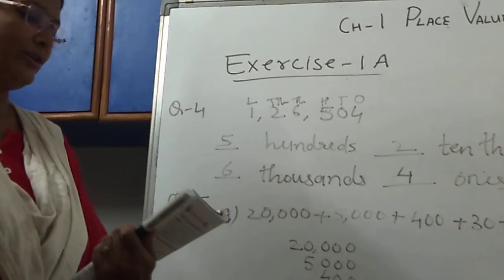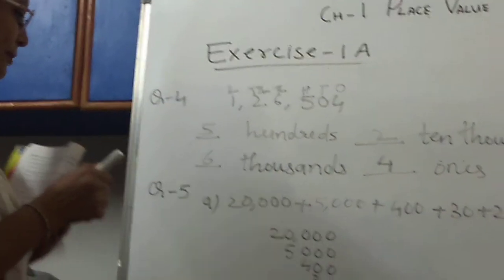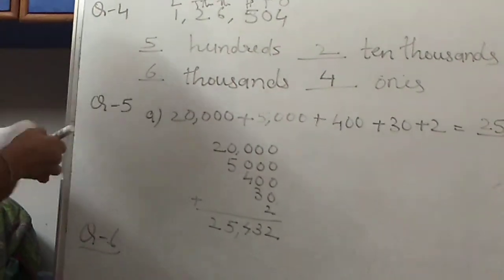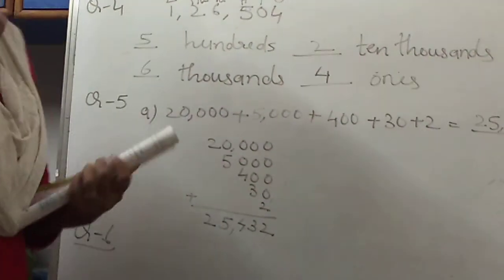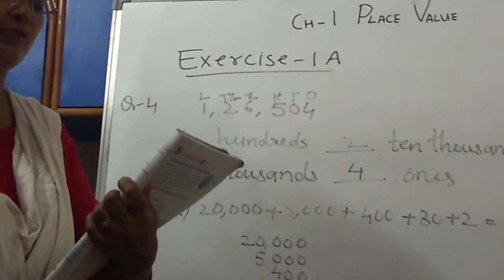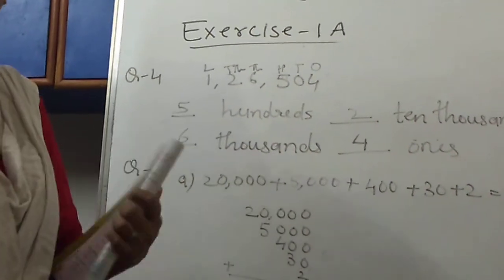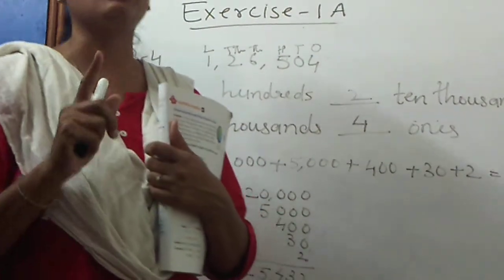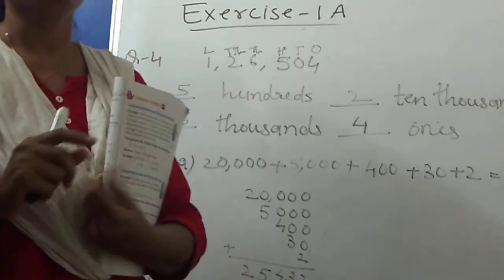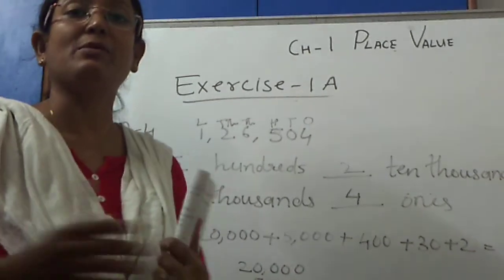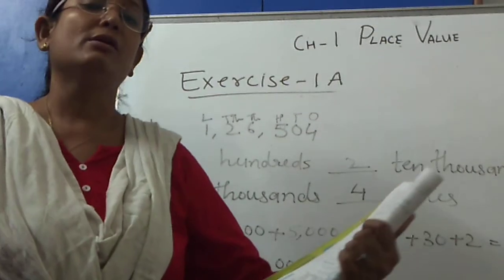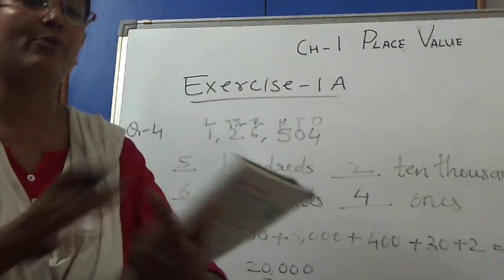Now we will go through question number 6. Okay. Question number 6 is write the expanded form of each of the following. You have to write the expanded form. Do you remember in last video I have explained you what is expanded form? Expand means to expand something, means to make something big. Here you have to make the number big. Okay, whatever number is given you have to expand it.